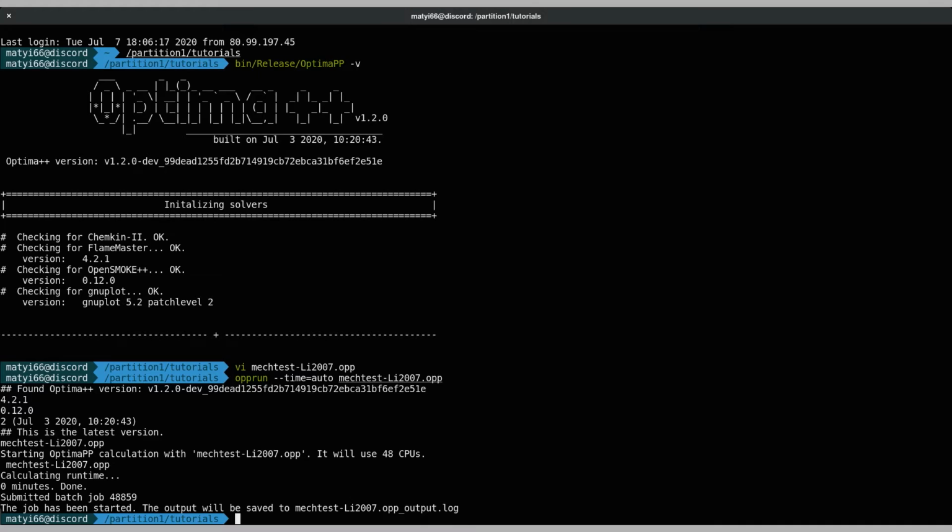If you are planning to use Optima++ on a different type of cluster, please consult the cluster's documentation for details. Using computer clusters, you may run simulations for several days on several hundred cores in parallel.